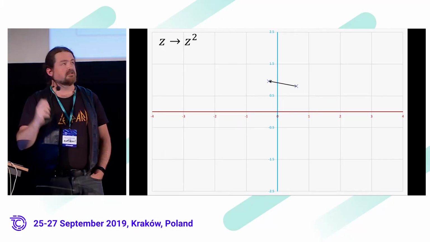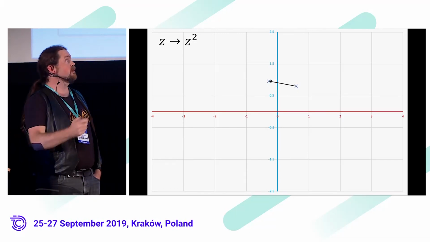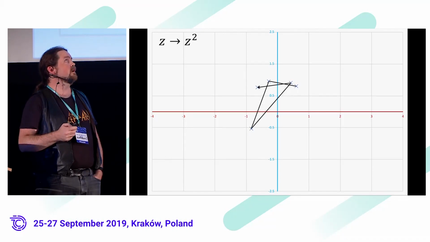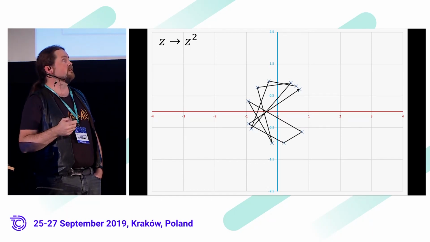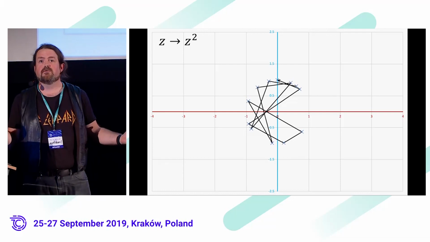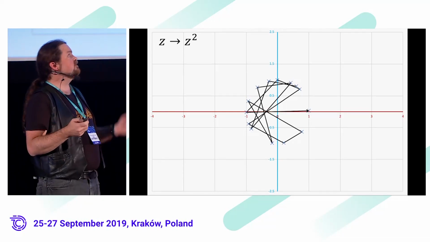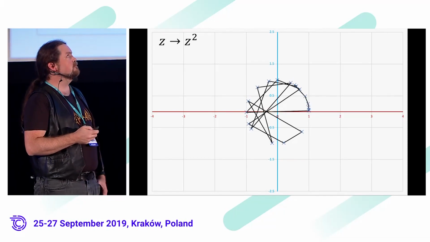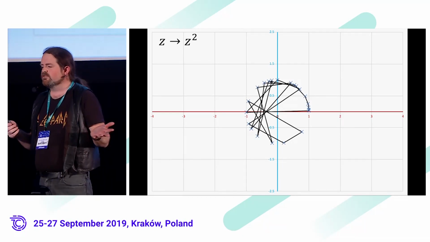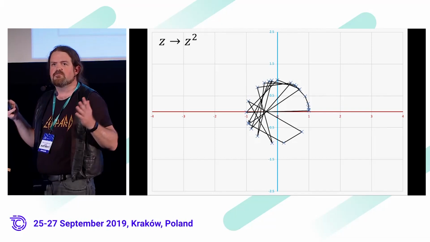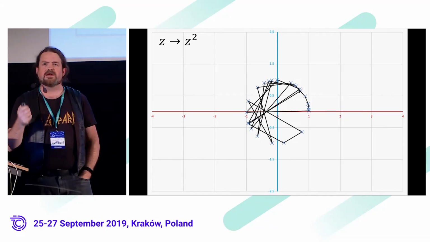I'm going to pick another one, which is just next door to our original starting point. And we're going to do the same thing. And it's going to go round and round. And now this one doesn't go diverging off to infinity. At least we don't know if it does. It hasn't done it yet. It's getting into this sort of weird, stable orbit somewhere around the origin of our graph here. Those points are almost exactly next to each other, but they have dramatically different behavior when we keep crunching them